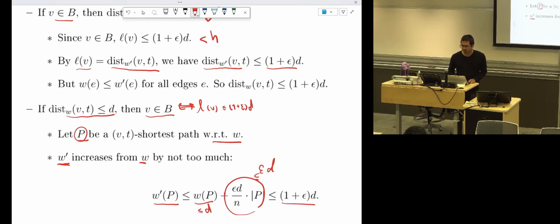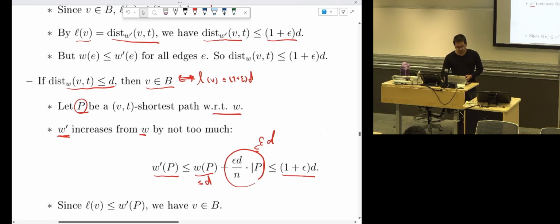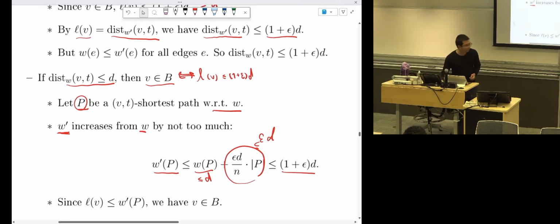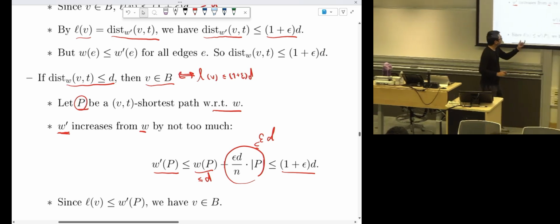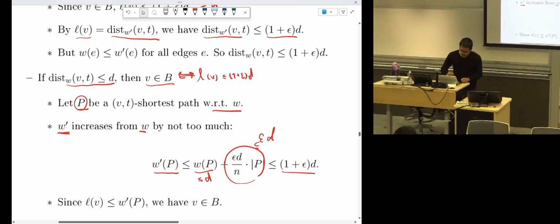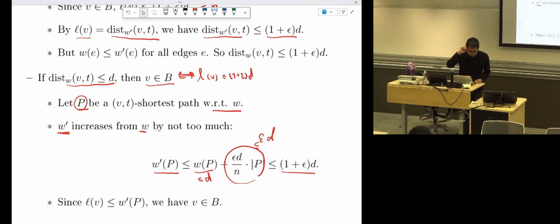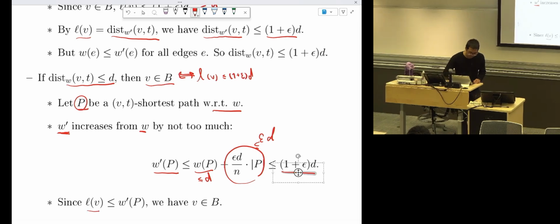So this is at most 1 plus epsilon d. But we know that the level of V is at most W prime of P. Actually,